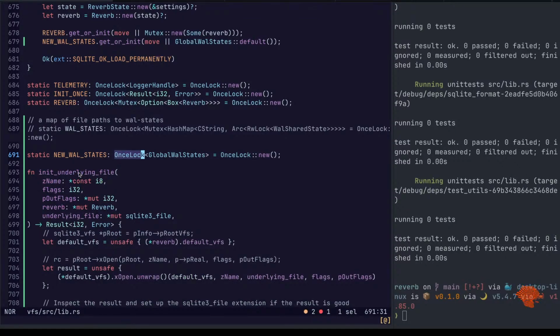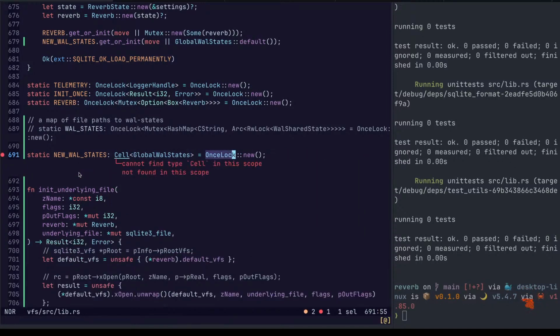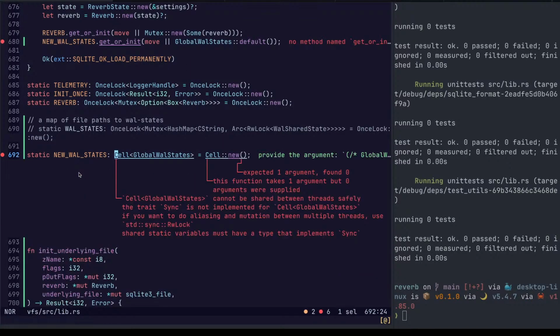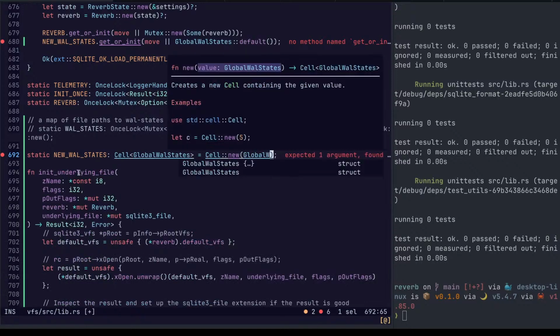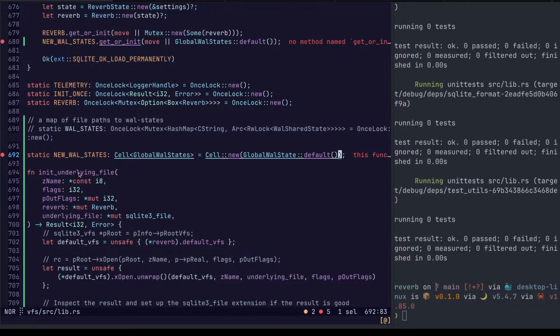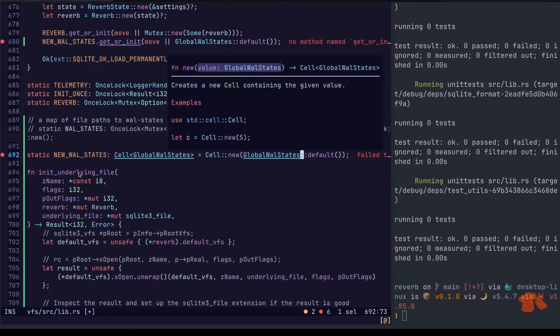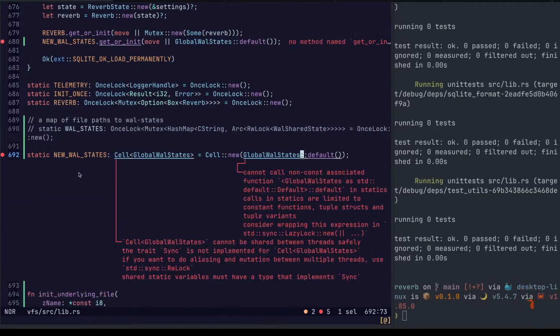I don't want a once lock. I want a global cell. Failed to resolve use of states plural, and is not constant functions.